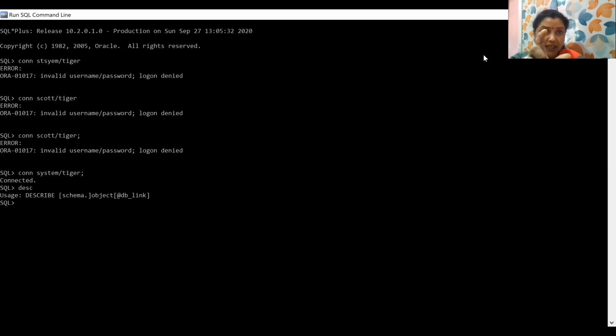In the SQL interface, you first have to connect to the user. The user in the Oracle screen must be connected at the very beginning. So here we have mentioned CONN system/tiger.